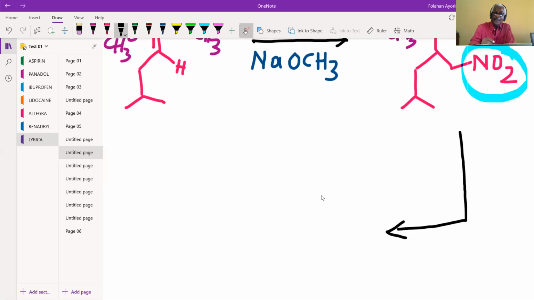So we are going to perform hydrogenation using hydrogen in the presence of palladium as a catalyst. So hydrogen in the presence of palladium as a catalyst in order to perform the hydrogenation. And what do we get? We are going to obtain